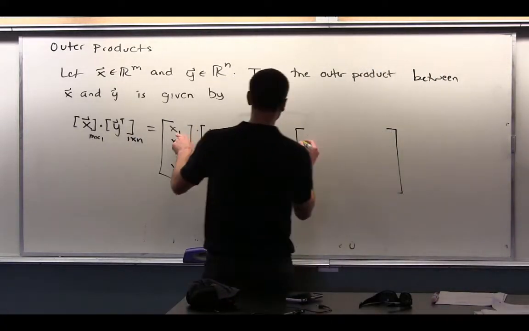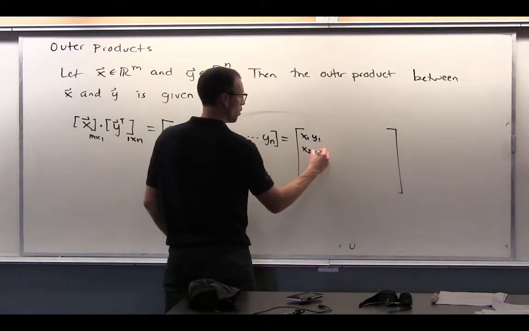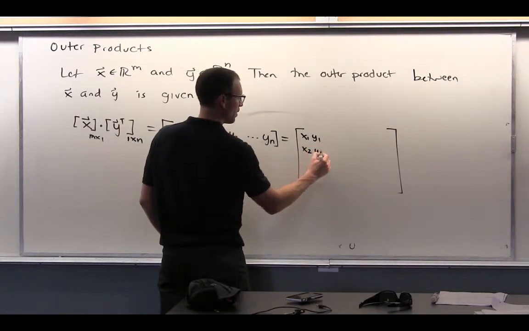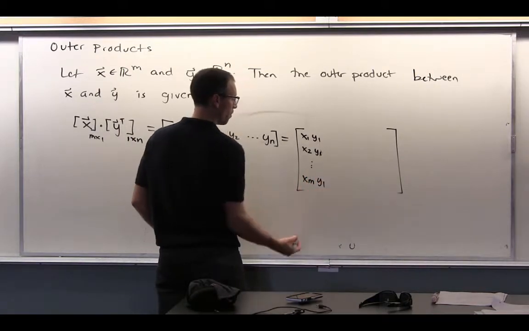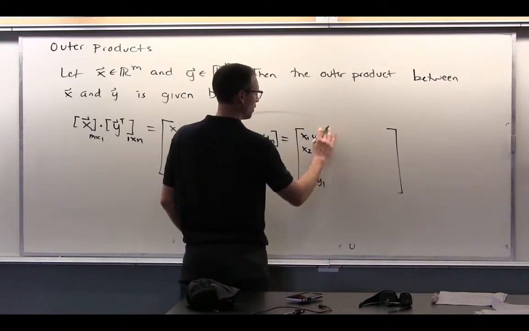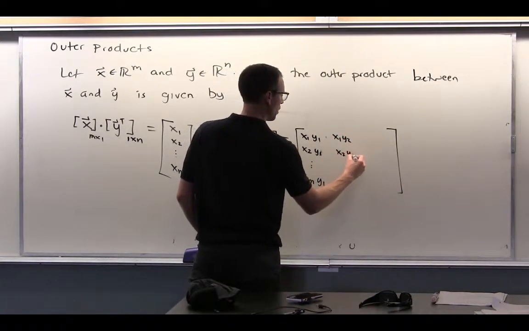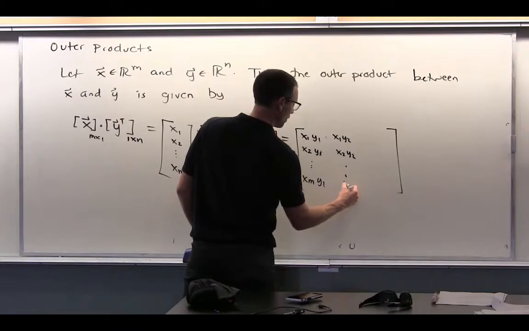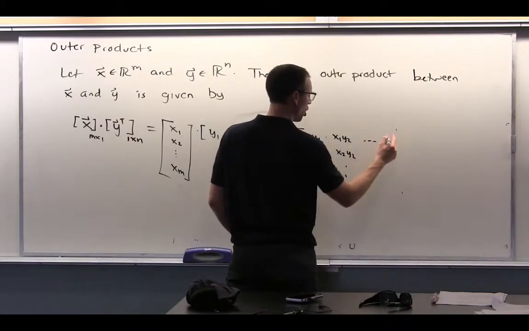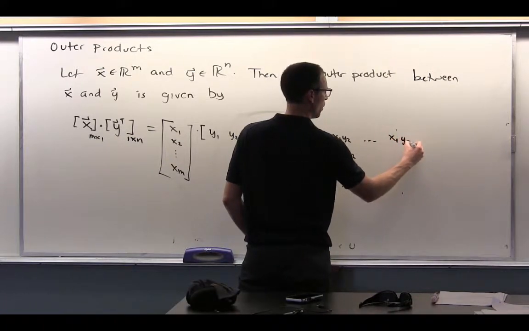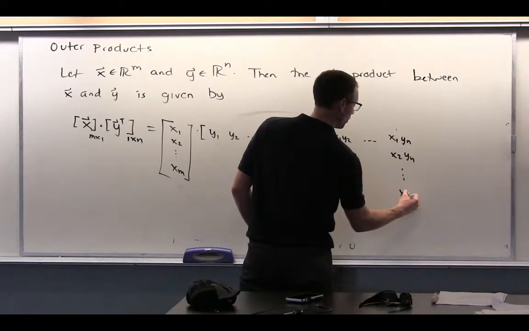Yeah, so the first entry would be what? x1 y1. Next entry would be x1 y2, then all the way down to, okay, and then we would go all the way to the last column and I'd have what? x2 yn, all the way down to,